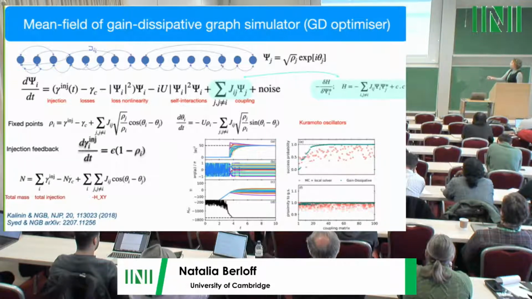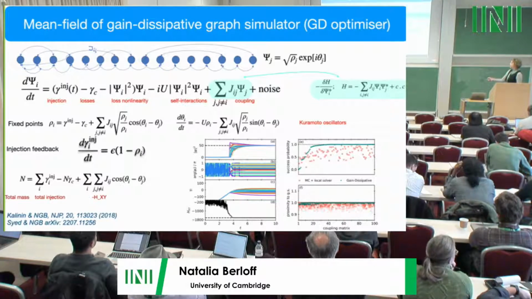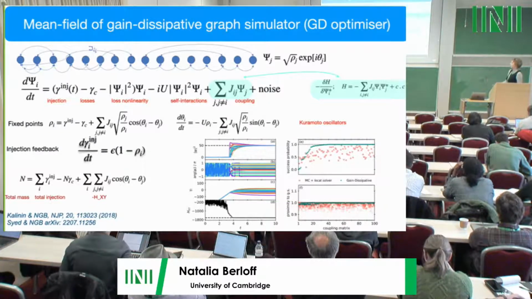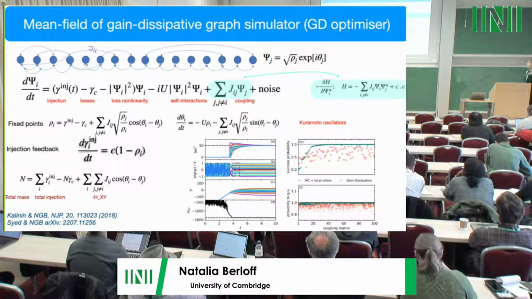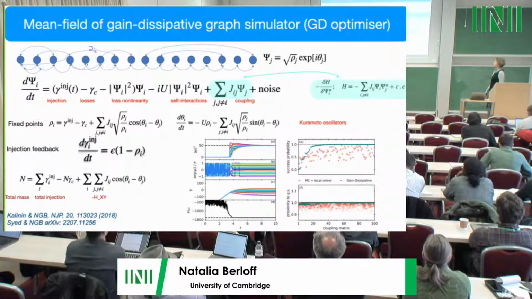We have the total injection, the total power we put in our system, the total loss, and then we have this XY model. So this is fixed, this is fixed. This is what we control to take the minimum value. We just put as little power as possible. And that gives us, therefore, the minimum of the XY Hamiltonian. So that works very well for the XY minimization.